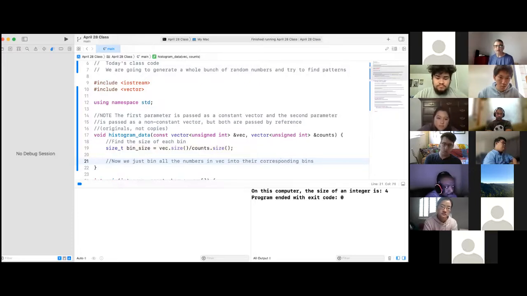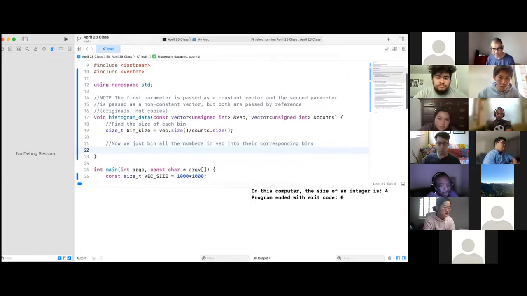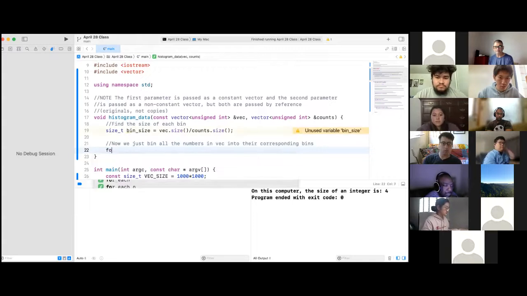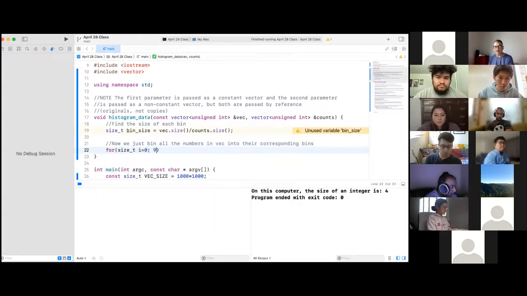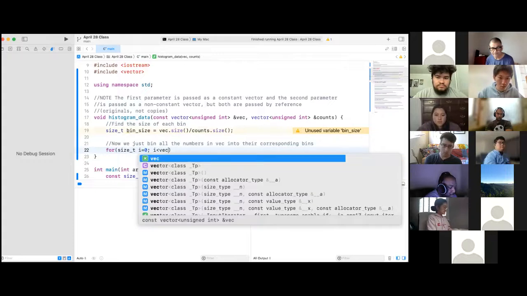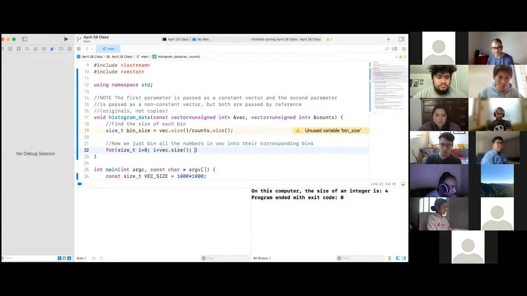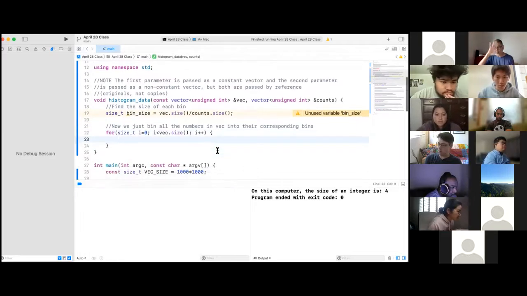Okay, so all we have to do here is for size_t i equals 0, i less than vec.size(), and then i++. Yeah, and now we're going to have